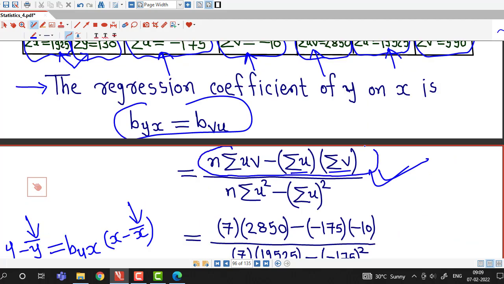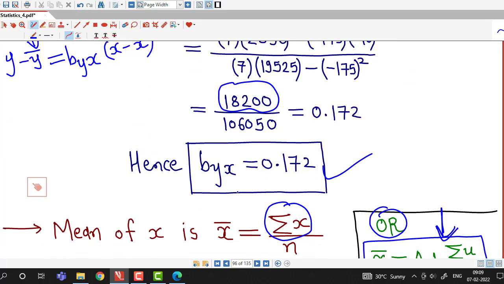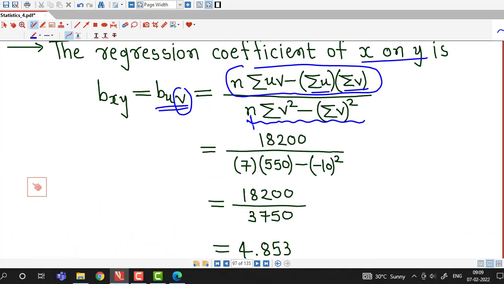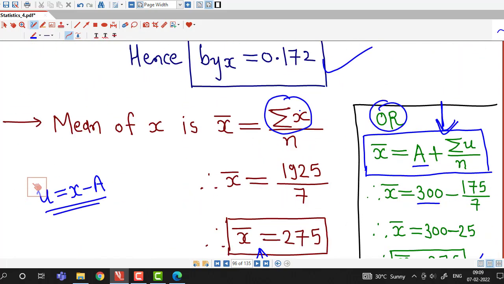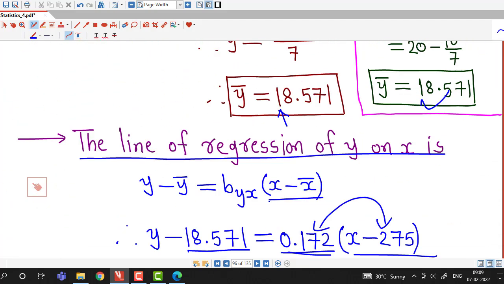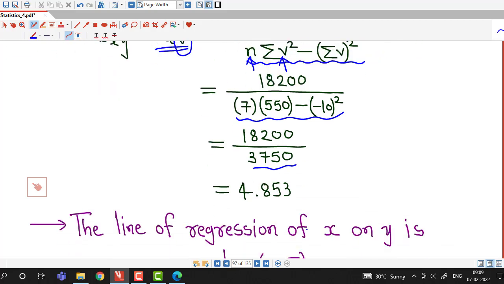This remains same in both the formulas, and this we have calculated as 18,200, so that we have substituted directly 18,200, and then we write n equal to 7, sigma v square which we have obtained from table is 550, and sigma v is minus 10. So we have substituted sigma v square and sigma v here, and we obtain this summation as 3750, and finally we obtain that regression coefficient of x on y is